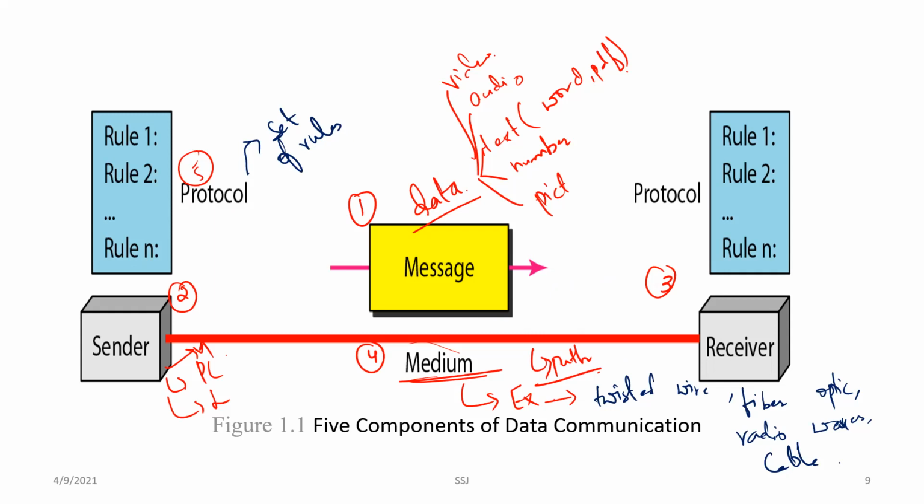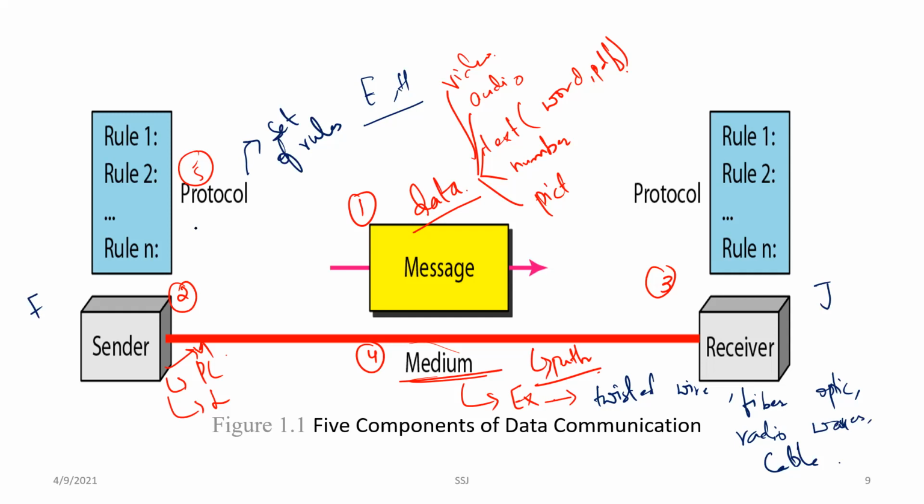An example we can give in the real world is, suppose the sender is speaking French and the receiver is speaking Japanese. They should have a medium, and they should have a language which both of them can understand. That can be either English or Hindi, any common language which both of them can understand. That is basically a protocol. You should have a set of rules, or an agreement between the sender and the receiver, so that if the sending device is sending a message, the receiving device must be able to receive it and also understand it.